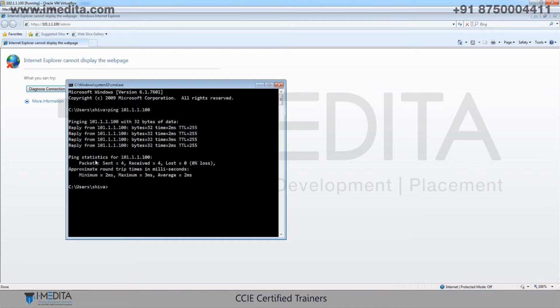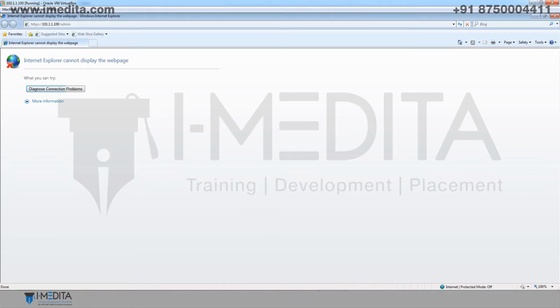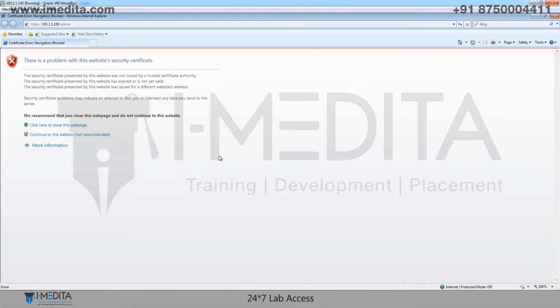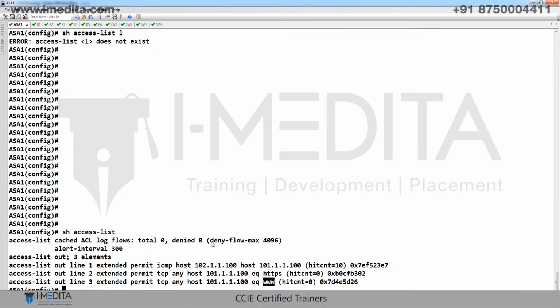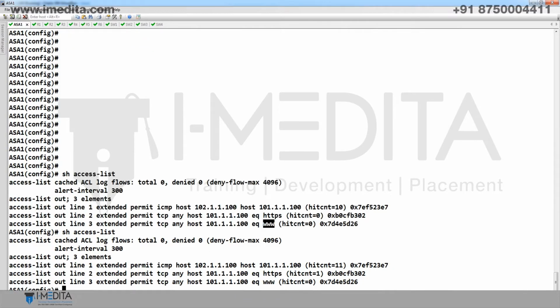Go to client, ping is working, HTTPS, refresh the page. Done. Now show access list, you can see hit count 1,